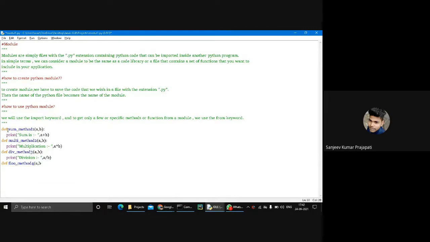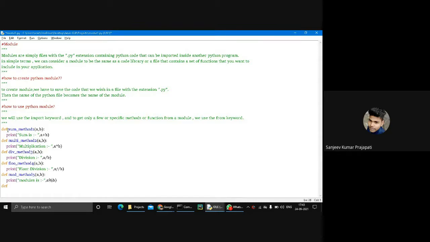Again it takes two arguments and prints floor division, a floor divided by b. The next method is mod, method 5, with arguments a, b, and prints modulus is a mod b.